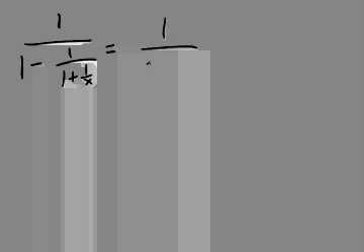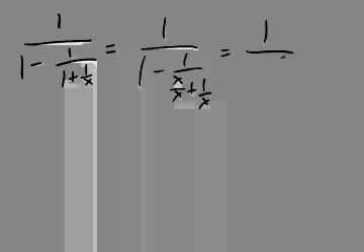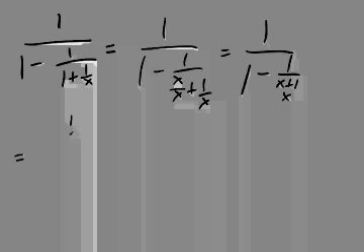Simplification of the complex fraction 1 divided by 1 minus 1 over 1 plus 1 over x. It's like a recursive fraction. Alright. 1 over 1 minus 1 over x plus 1 over x is equal to 1 over 1 minus 1 over x plus 1 over x is equal to 1 over 1 minus